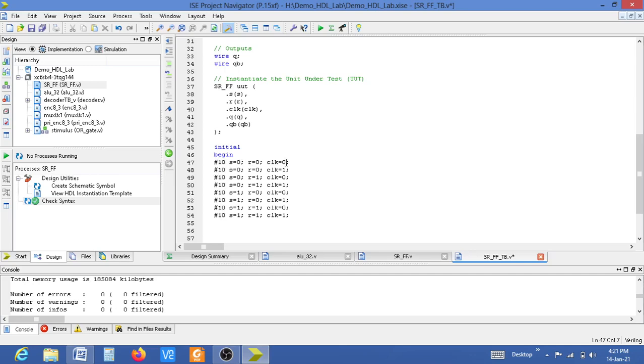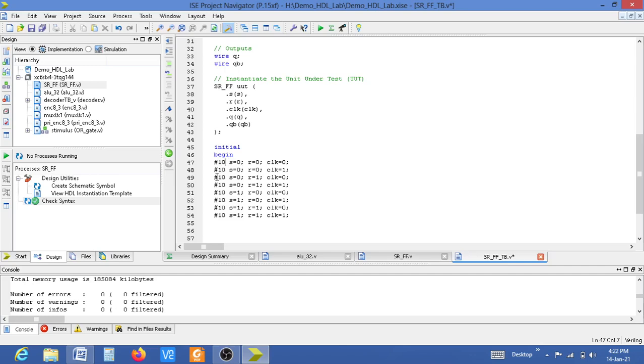This is the one input. I am giving all the possible inputs for my SR flip flop here. And after 10 nanoseconds, I am providing a new input: S is equal to 0, R is equal to 0, and clock is equal to 1. You can see the clock is equal to 0 in the first condition; here I am making it 1. Then my set and reset inputs will be 0 here.